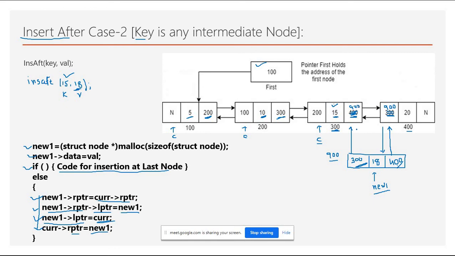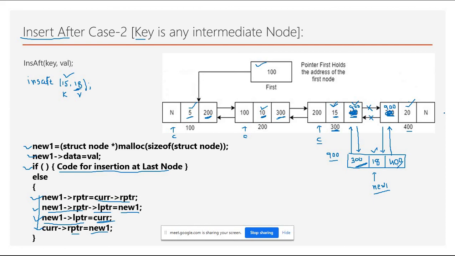Fine. So now the link will be something like this, right? And whenever we are overwriting this, we have overwritten this 500 and 400. So this link will be broken, right? So this will be something like this. First 5, then 10, then 15. Now from 15 you are just visiting 900. So on the 900, 18 will be there, and then you are visiting 400. On the 400 we are getting 20. Are you getting my point?